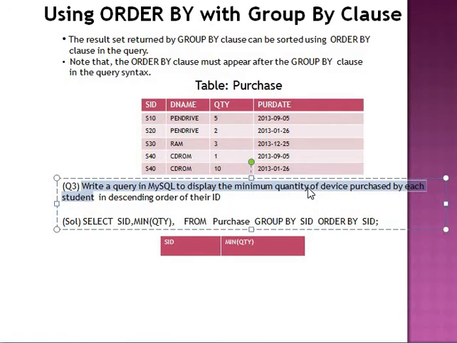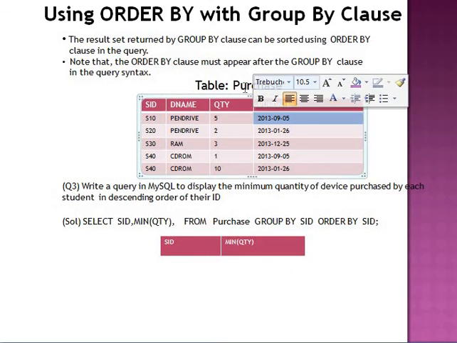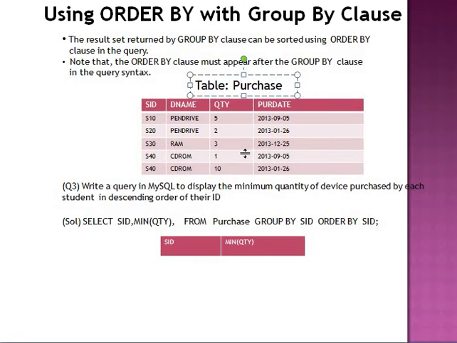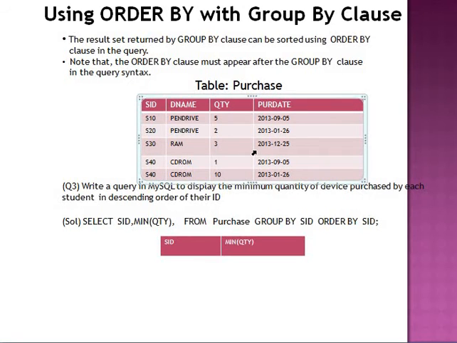Now look at the first part of the question. The question is asking us to display the minimum quantity of device purchased by each student. So look at this table purchase. What is the minimum quantity of devices purchased by the student with the SID entry as S10? Now this entry S10 is occurring only once, and for this the quantity of devices purchased is 5. So the minimum quantity of devices purchased will also be 5,